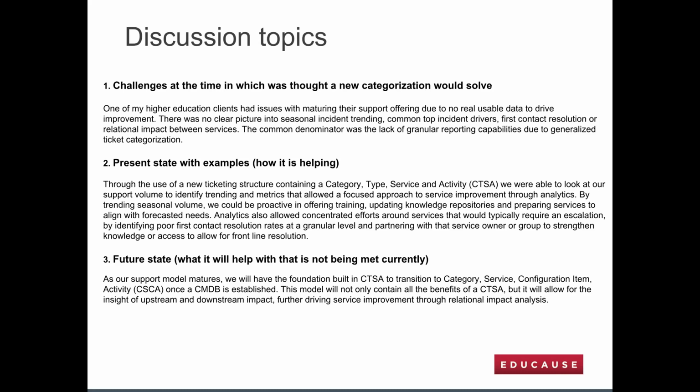The first one, category, is just a high level of what you're working on or what you're doing, whether it be an application, the campus network, or a personal computer. And then as you get further down in, you start answering questions. Okay, we take application. What type of application are we talking about? So now you get into your type categorization.